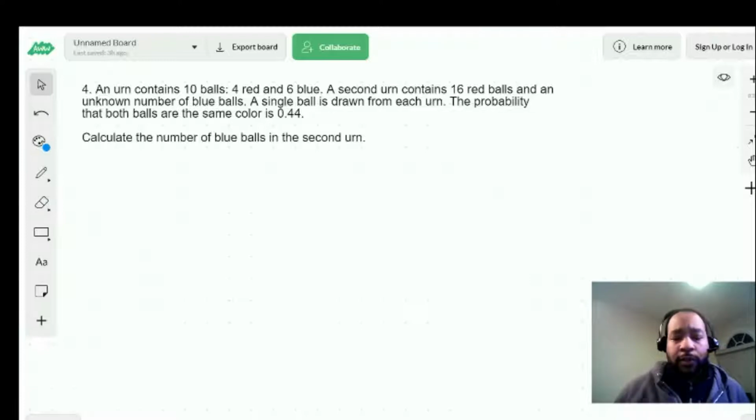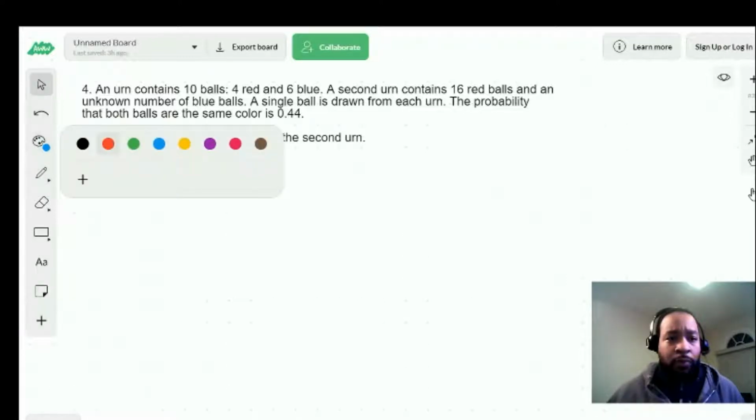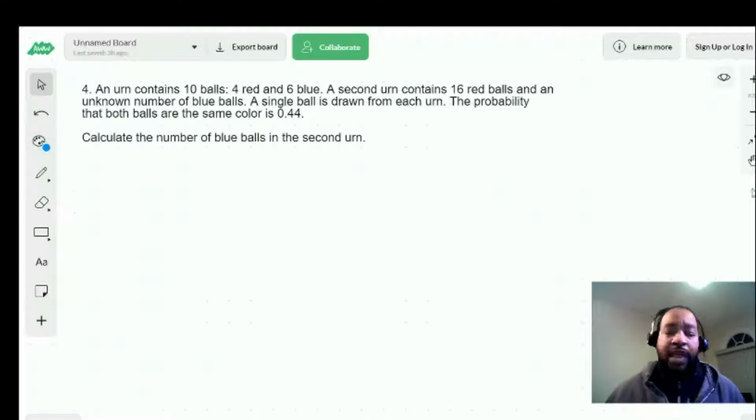Alright, so for this particular problem, we want to make sure that we understand that this is just a fancy way of asking us about the law of total probability. The law of total probability simply says that if you account for all of the possible events, that all has to add up to 100%, or in this case, a probability of 1. But we don't need to look at that law in totality, because they actually tell us that the probability that both balls are the same color is 0.44. So what that really means, it's a fancy way of saying,